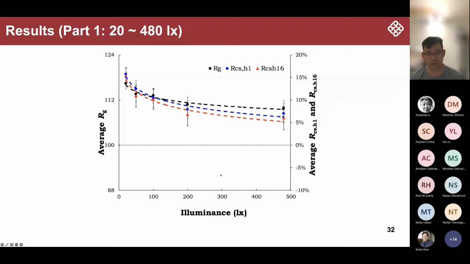So these are the results. The horizontal axis shows the light level, only from 20 lux to 480 lux, and the vertical axis shows the average Rg value. Again, the higher the value, the higher the saturation the colors will appear under this light source. You can see that when the light level was increasing, the selected Rg was decreasing. We only look at the black curve. The red and blue curves show the ability of the source to increase the saturation of red colors.